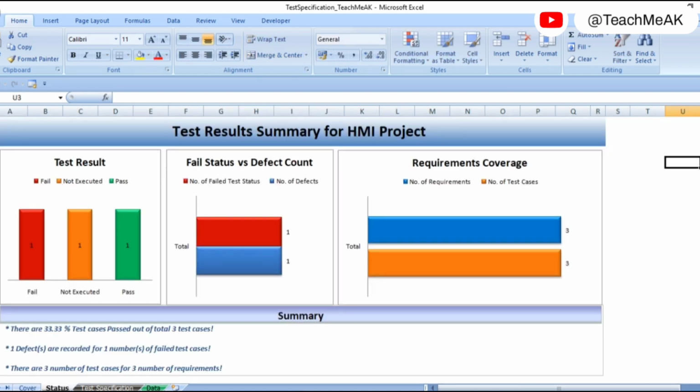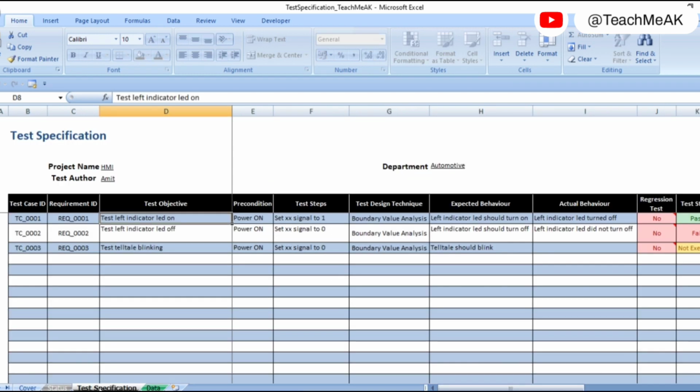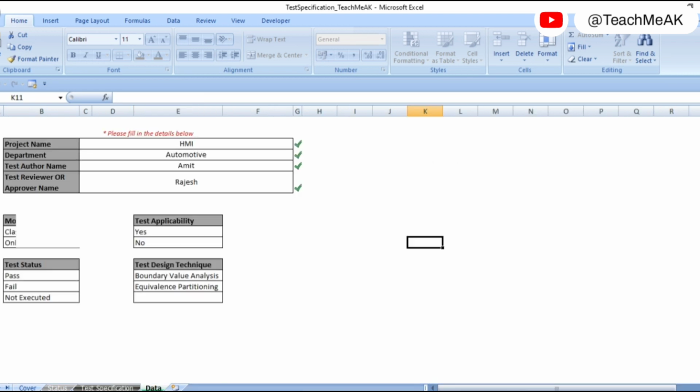And next, the status worksheet. This you have already gone through now. And let me go to the test specification worksheet tab. What you are seeing, the different columns and tables in this particular worksheet, is basically the test specification where you will record each of your test cases against the requirements. I will walk you through in some time later how each of these fields or attributes need to be filled in. Now let me go to another worksheet which is at the last here,